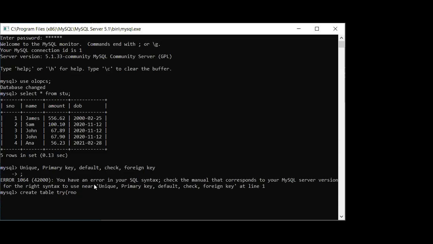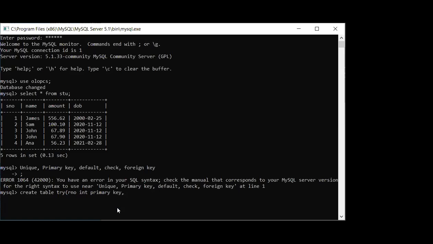Suppose I know that it will be unique throughout, and this only we are going to use for accessing all the records of the students. So in that case we can take roll number as a primary key. First column name, then data type, then you write primary key here. If I write primary key here, now it is unique and it is not null. We will check both the things.